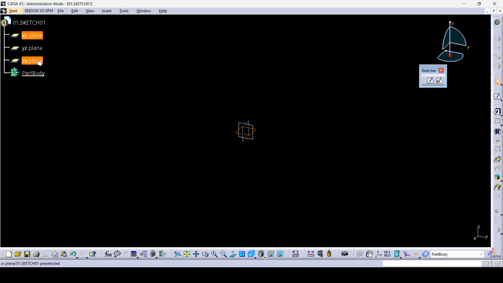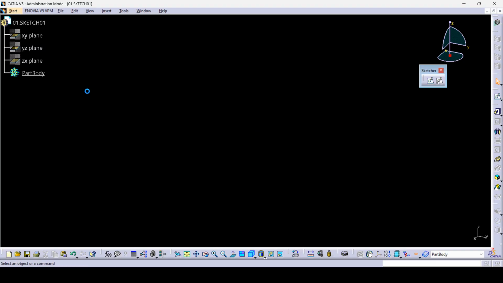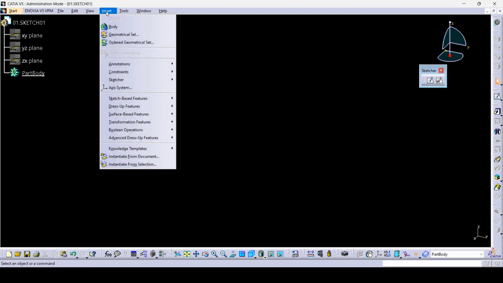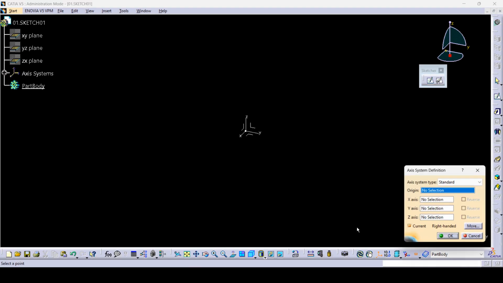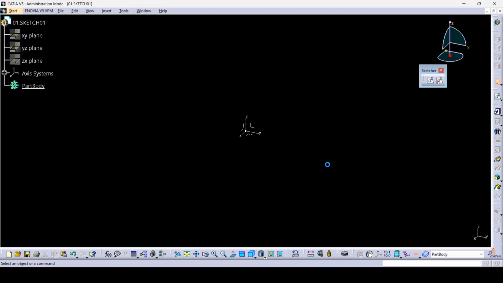So you just hide all these default planes by selecting first to last plane by pressing the shift key. Hold a right click here, use the hide and show from contextual options, then click on insert. You will find here axis system, click on it, just deactivate this current checkbox, then click on OK, then